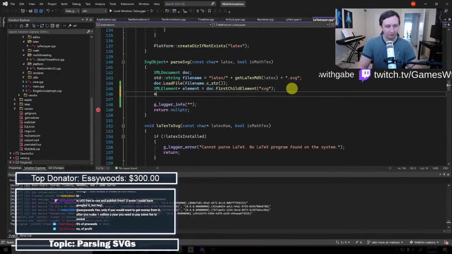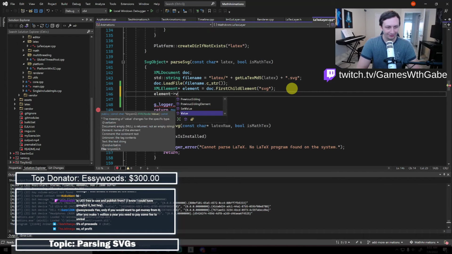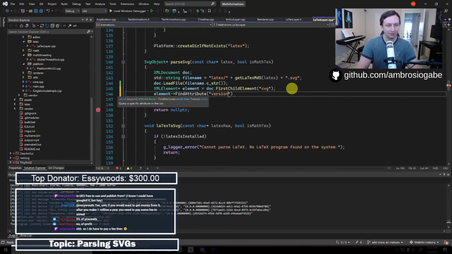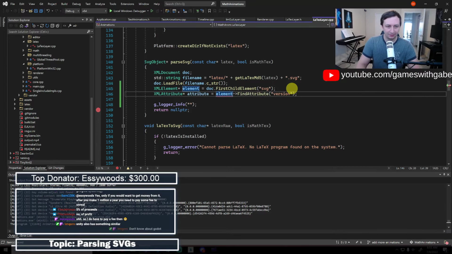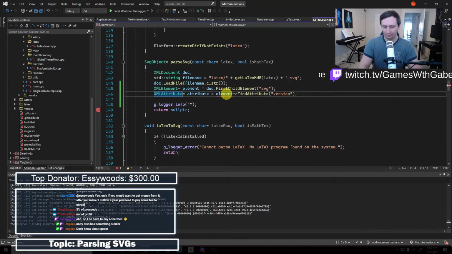So element, version, or not version, value or attribute. Okay. So we can say find attribute. Cool. And then we can say version, and this gives us an XMLAttribute. Cool. I like how intuitive this is to use. So attribute equals that. And what does this say? Could be null. Cannot be used. Oh, this is a const attribute. Okay. So we just do const and that should be fine.